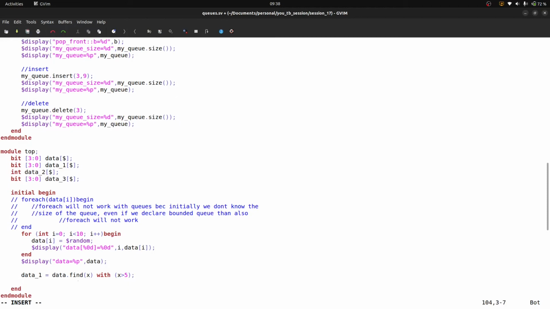After that, $display data with greater than 5 is equal to percentile d, data_1, right?